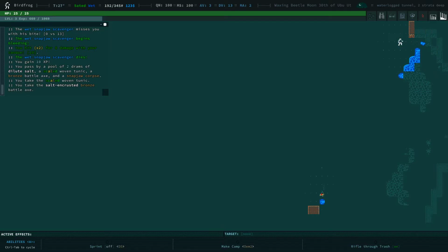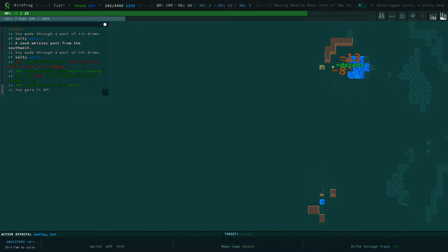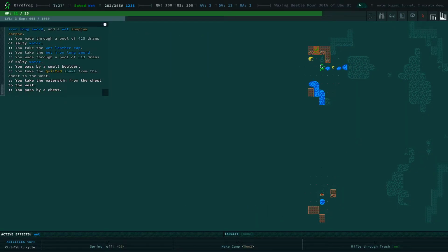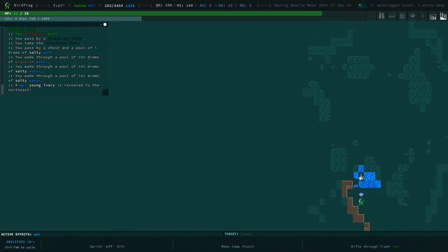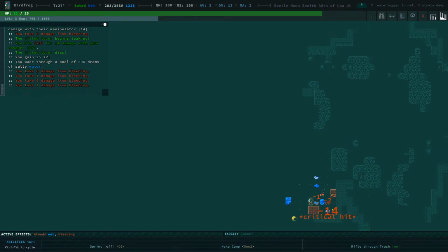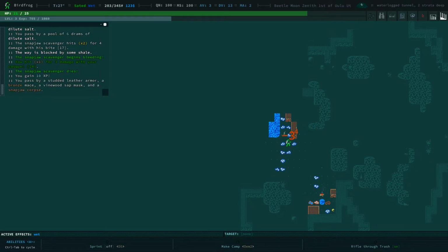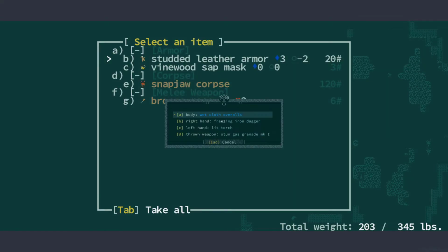Usually the weapons are the best. Picking up armor is actually not that worth it. The low-level armor usually doesn't have a good ratio between weight and the other thing. The other thing! And value. Right. Okay. Studded leather. And we're going to... Yeah, I think we're going to...